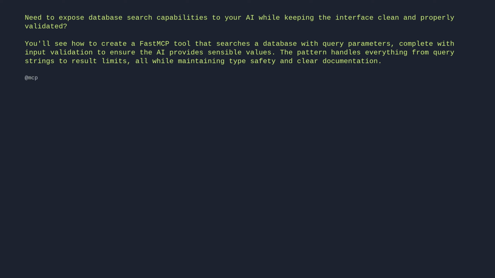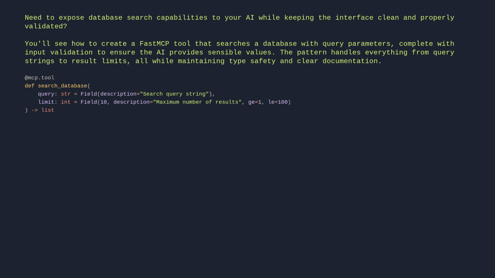@mcp.tool def search_database(query: str = Field(..., description="search query string"), limit: int = Field(10, description="maximum number of results", ge=1, le=100)) -> list: "Search the database with the provided query." # implementation